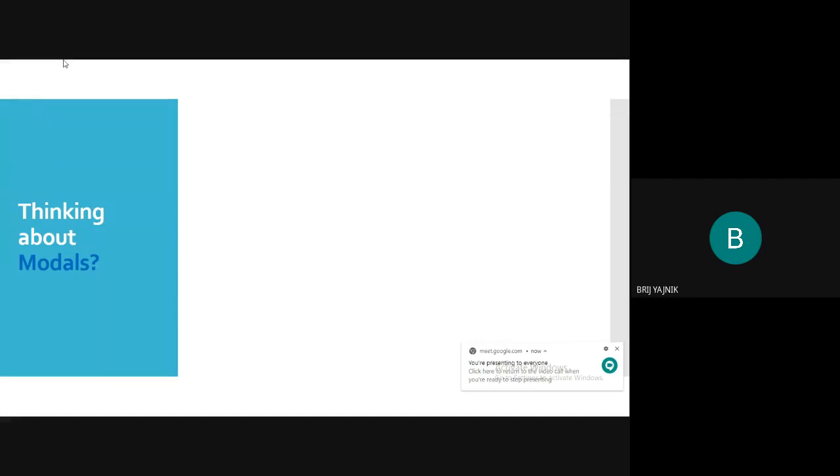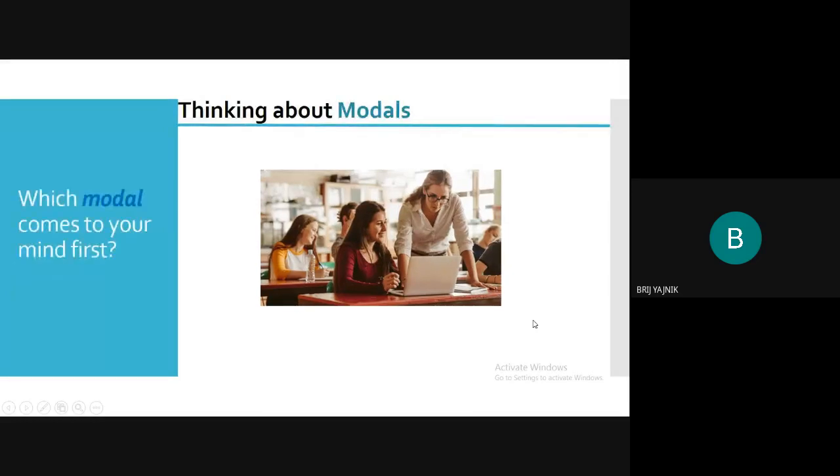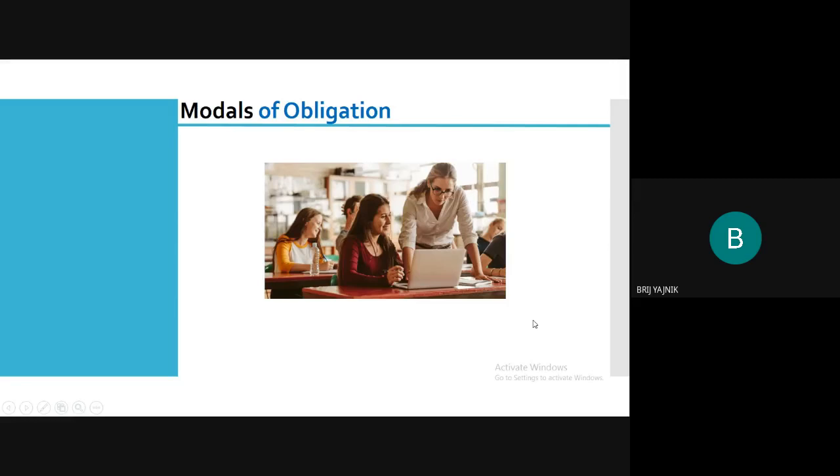All right. So these are the models of deduction. Sorry, obligation. ये जो है ये models of obligation है और you have these models right in front of you. Have to, must, mustn't, and don't have to. I know most of us think that should is also one of the models of deduction